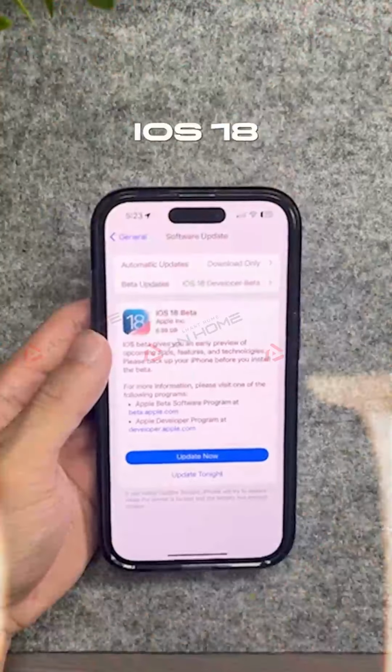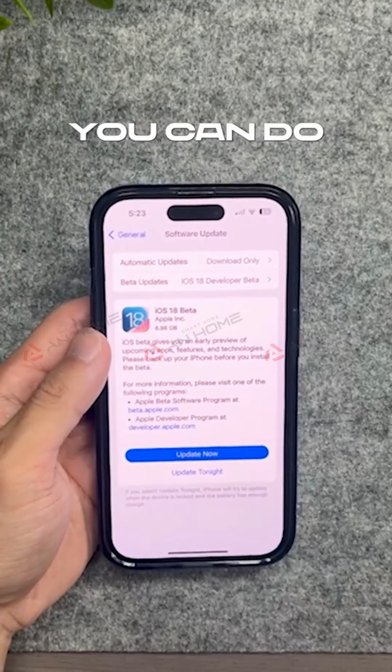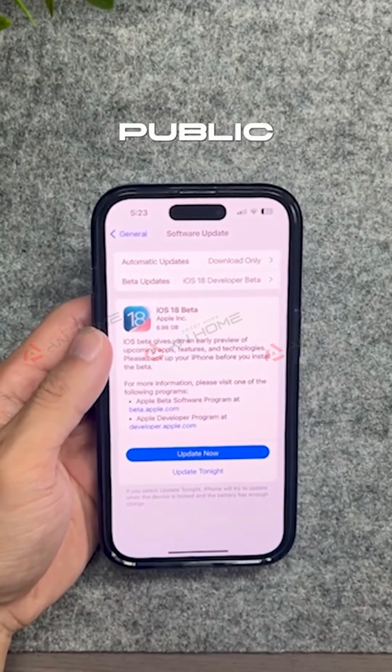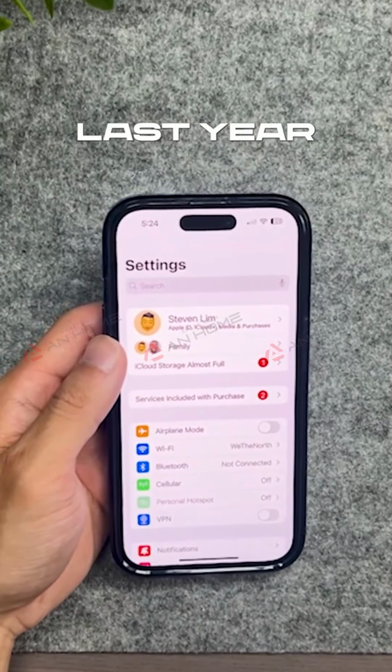Apple announced iOS 18 at the WWDC event earlier today, so if you want to download right now, you can do so. You can download the iOS 18 developer version, and then the public version will come out next month. So if you installed any of the iOS 17 betas from last year, all you'll need to do on your